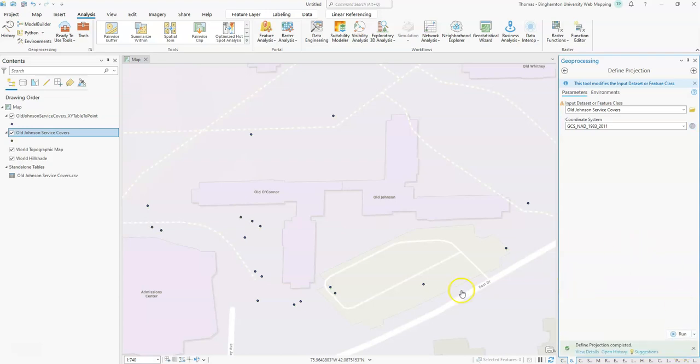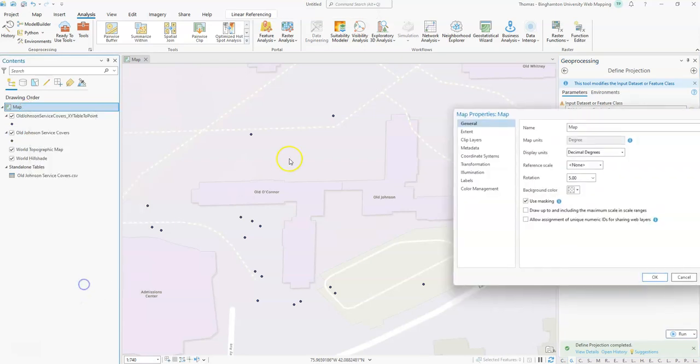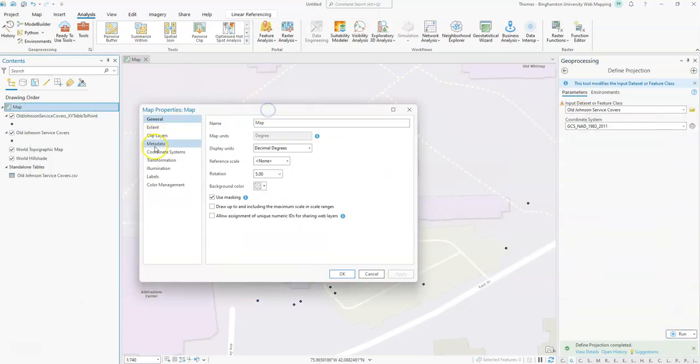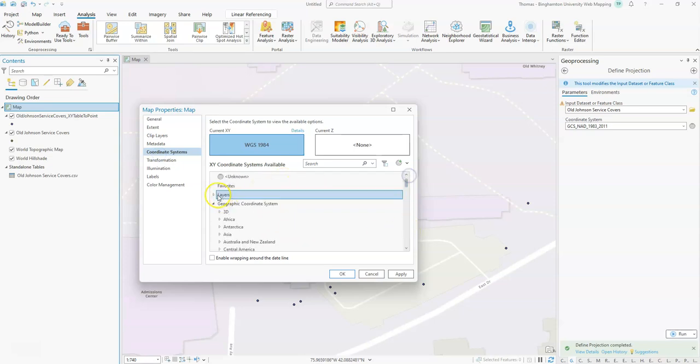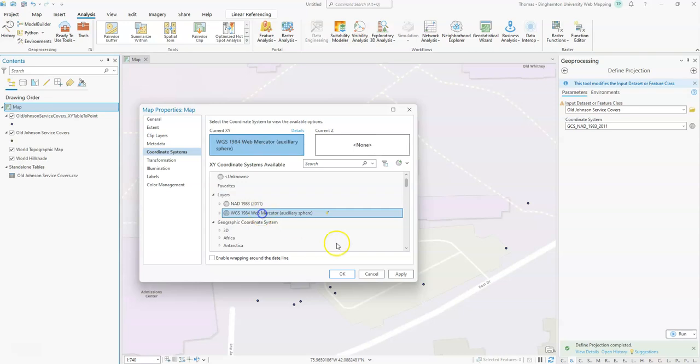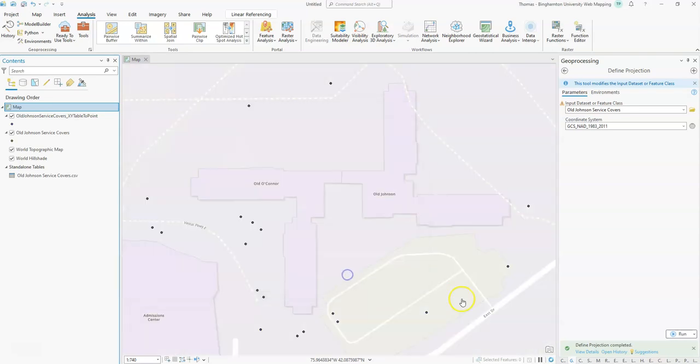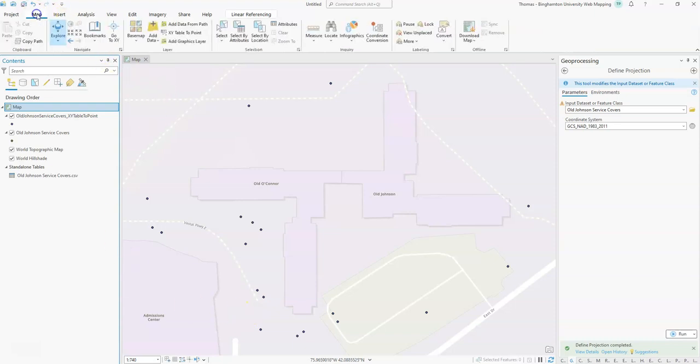What that should do is snap those points back. These should now all be in the right projection, the coordinate system, I should say. We want to change our projection so that we're not looking at this as WGS84. We'll change it back to the Web Mercator, which is conformally relatively correct. And we will take a look at a base map,